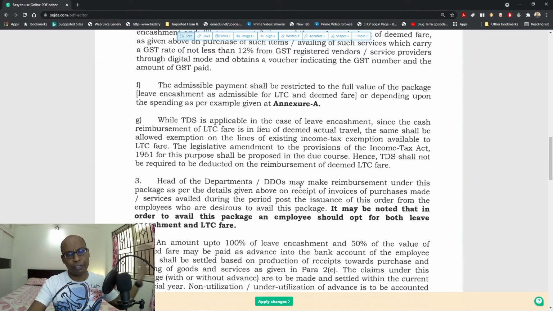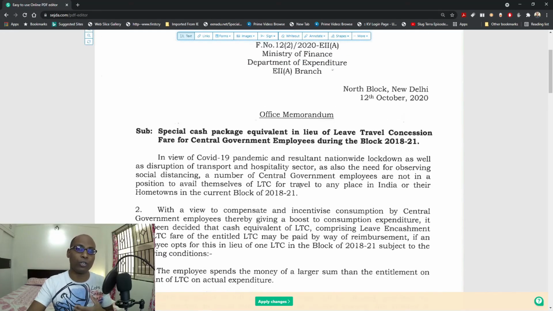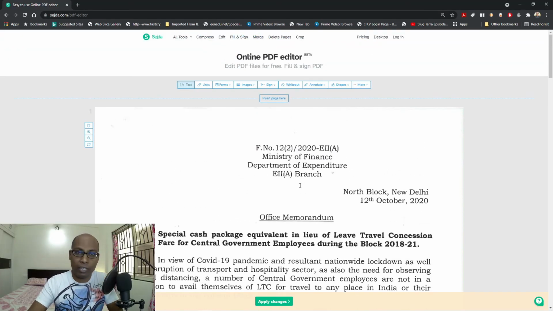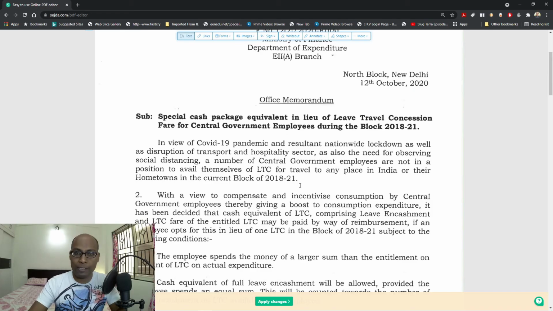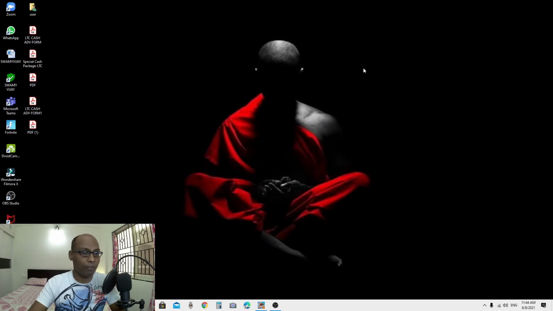That means if you receive so many documents from outside, you need not type those documents again. You need not convert those documents into Word form to edit them. Directly you can edit the documents even in the PDF format. Apply changes, save those things, and then you can send the file again in the same format without any problem. So this is a video about how to edit PDF files online.